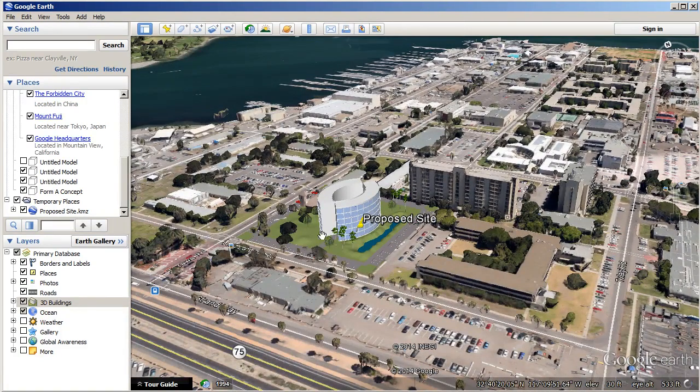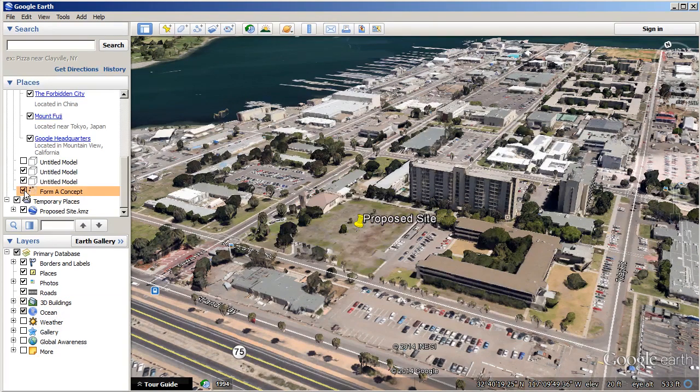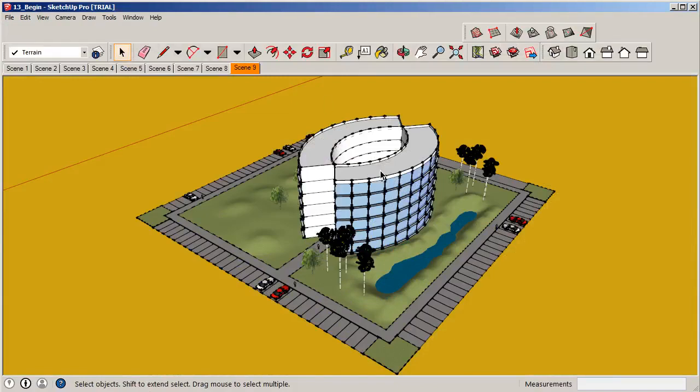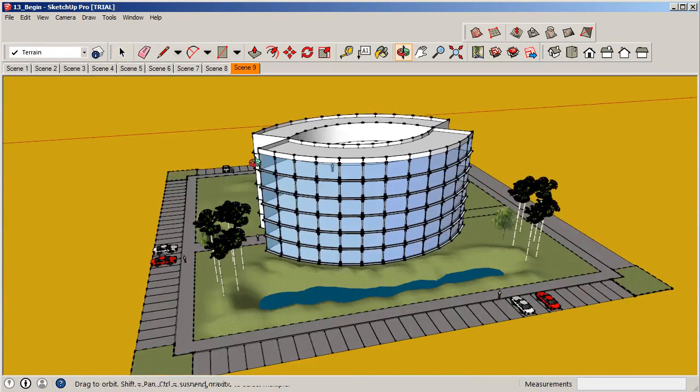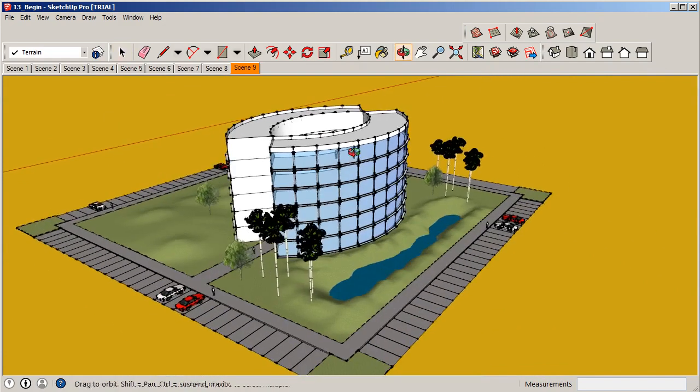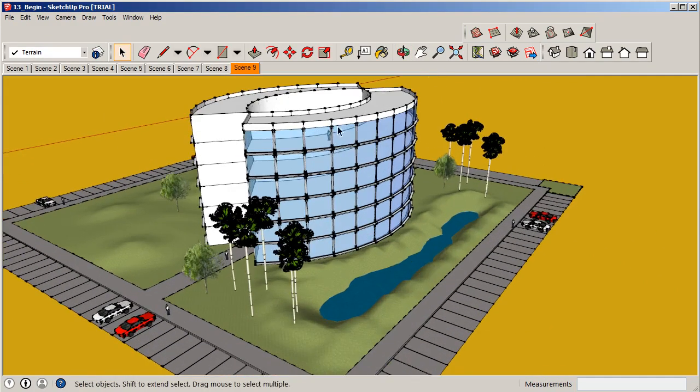So we already have this model in place, and we have this one saved nicely, Form A concept. So if you want, we can always get rid of it and place it how we want to do. In this case, we're going to go ahead and keep this one here for now. But what I want to do is jump back to SketchUp. So we're going to go back to this model that we worked with, and we're going to assume or imagine that our client here wanted to create more of a cantilevering effect and maybe stagger this side of the building to where it seems like the form of the building is a waterfall that's actually dropping into this